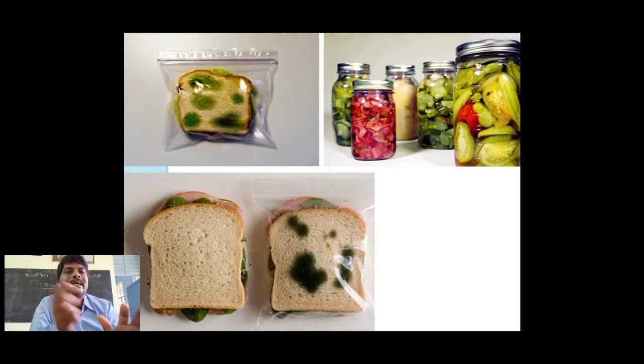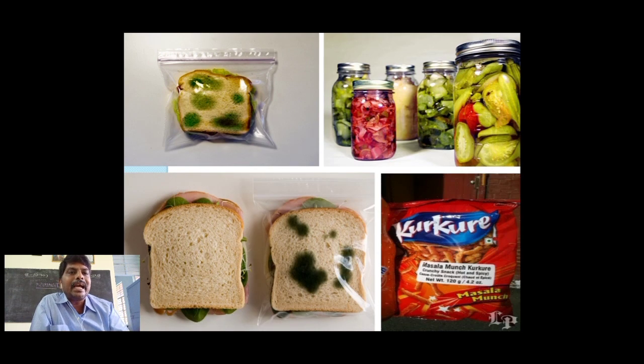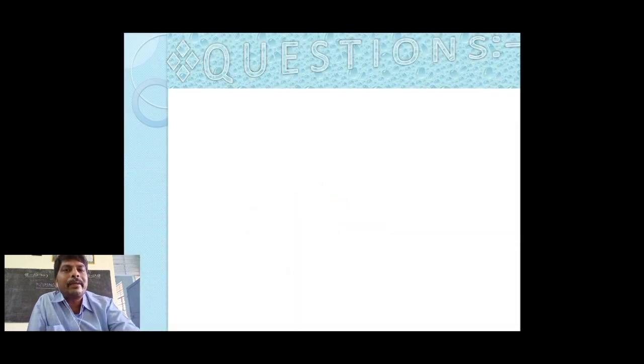Corrosion, oxidation. Rancidity, corrosion, these are the oxidation reactions you can observe in our everyday life. So you can see here rancid items. To prevent rancidity, you have to pack in airtight containers with gas like nitrogen. If oxygen is there, it undergoes oxidation.